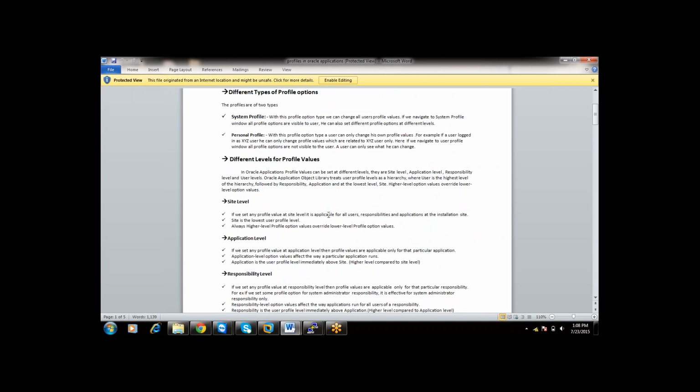There are basically two types of profile options: system profile and personal profile. Are you able to see that?